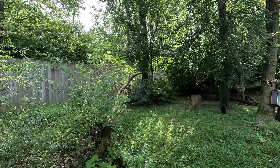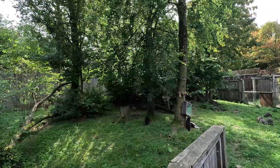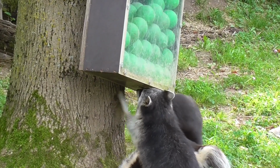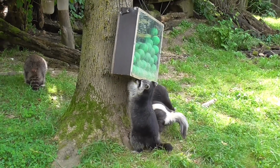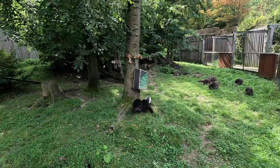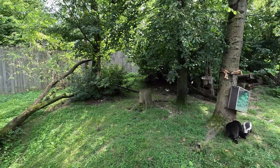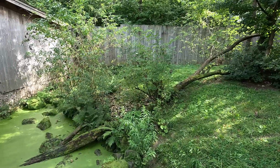I love all the trees and bushes in the middle of this enclosure. It makes it look really, really nice. There is also a really cool enrichment item over here with the balls inside of that box over there, and they need to really reach in to try to get their treats from there. Really quite fun. And the terrain over here goes down all the way to this little body of water, which